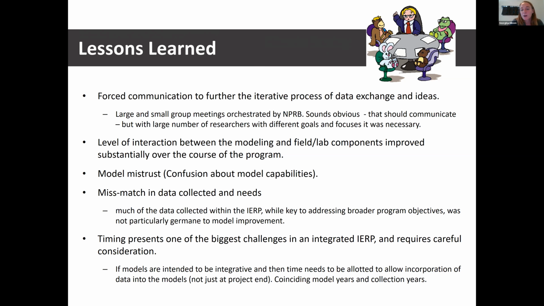And then finally, we found that timing presented one of the biggest challenges that we incurred. Because we started the model development at the beginning, when they're getting spun up with the field program, we constantly had a data mismatch problem. As many of you seem to be modelers on the line, we're often not modeling the current year, we're modeling several years back because of the available forcing data to drive these models. So we consistently had this mismatch between what we could model and what data was available, and it was all falling together right at the end of the program.